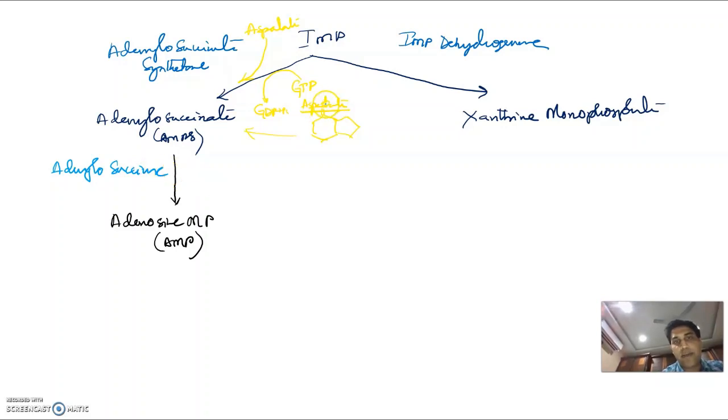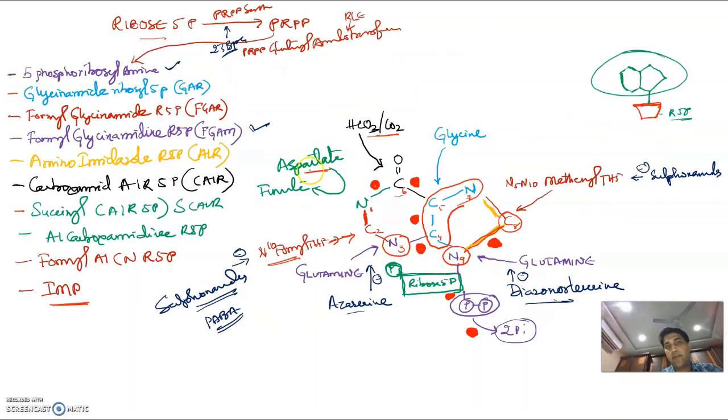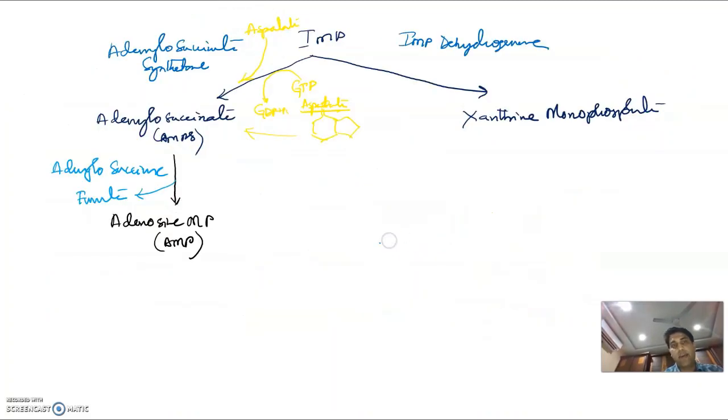The attached aspartate gives an amino group to this and it comes out as fumarate. The aspartate is coming out. Remember in the previous slide also, aspartate gives this amino group and comes out as fumarate. Same way here aspartate comes in, it forms adenylosuccinate. This will give the amino group to the IMP and it will come out as fumarate, and the product formed